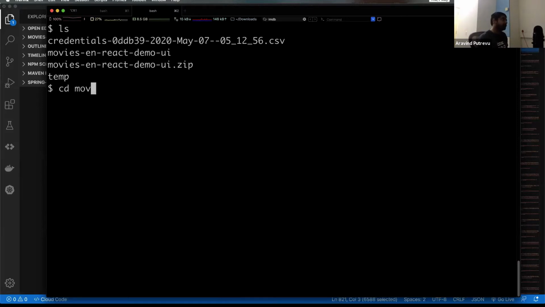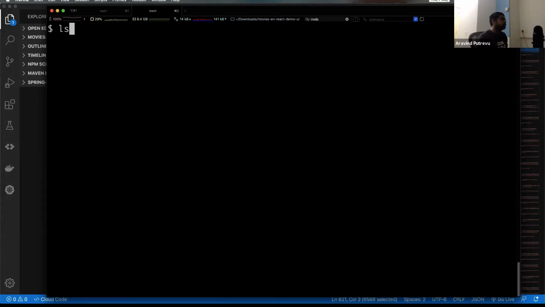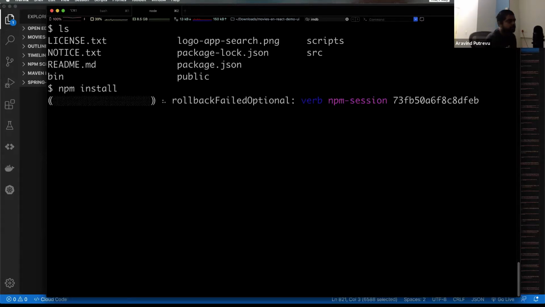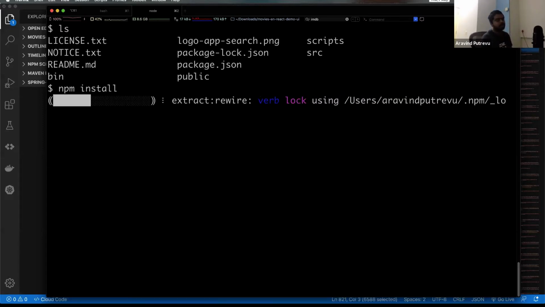So if you see, it's having a specific thing like movies EN React demo UI. If I click on this, all I get is something like a React.js app, and then I could simply do npm install, and it installs all the necessary packages that are needed according to the package.json.